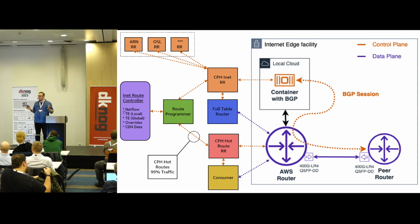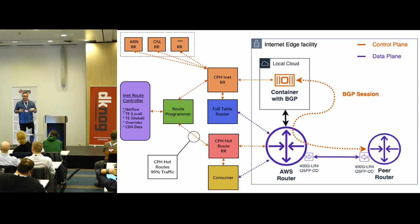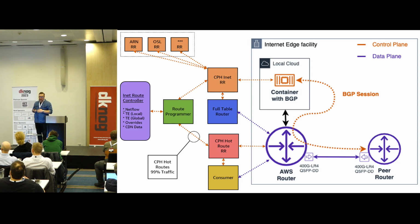This container would of course only have the route view for that single peer, so it needs to spread it to a route reflector. I had an example of how it could look in Copenhagen. Copenhagen has a view of everything Copenhagen, because we would have 16 leaf routers and, I don't know, 100 peers. So we need to collect all that data into a single route reflector. We do the traffic analysis, traffic engineering, RPKI, routing security, filtering, and everything like that over there. We send all of this to what we call a route programmer that takes a lot of